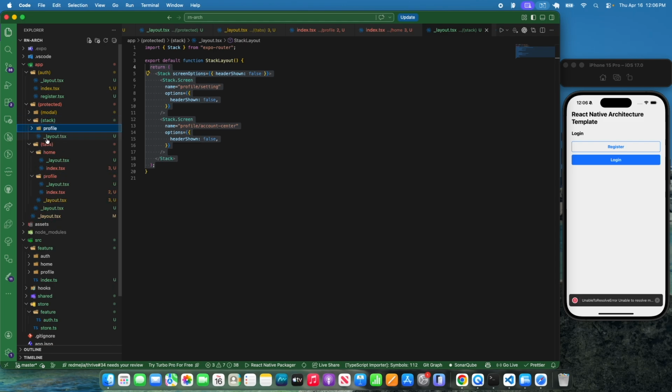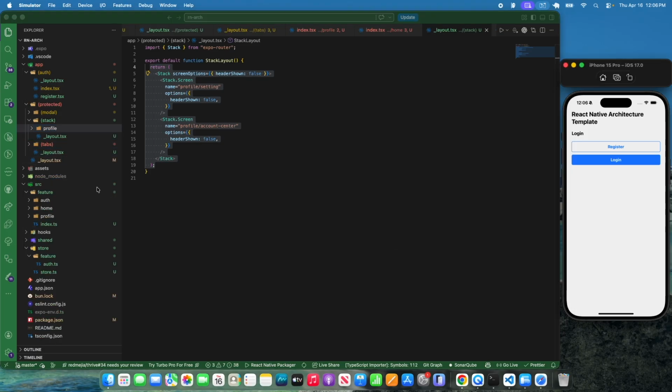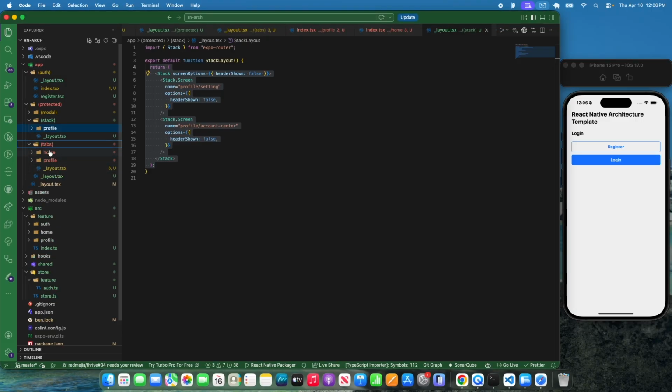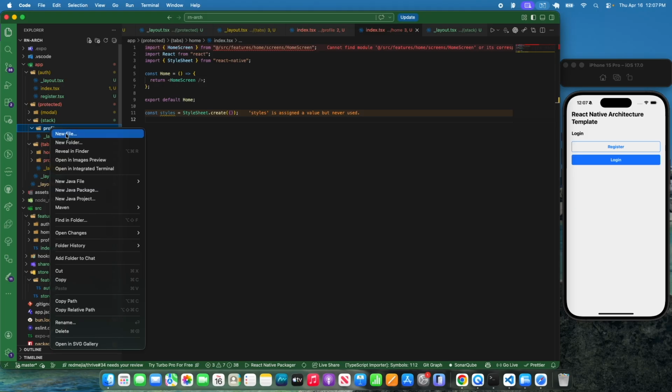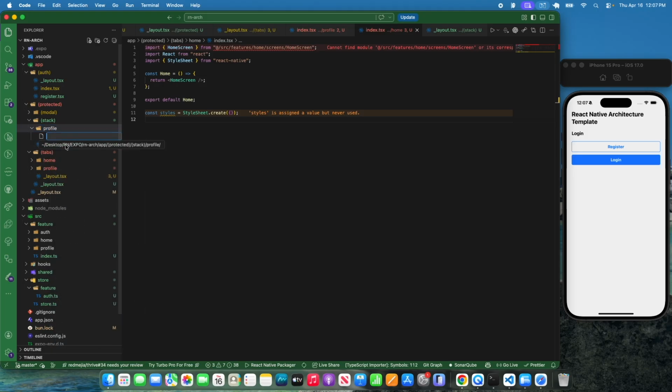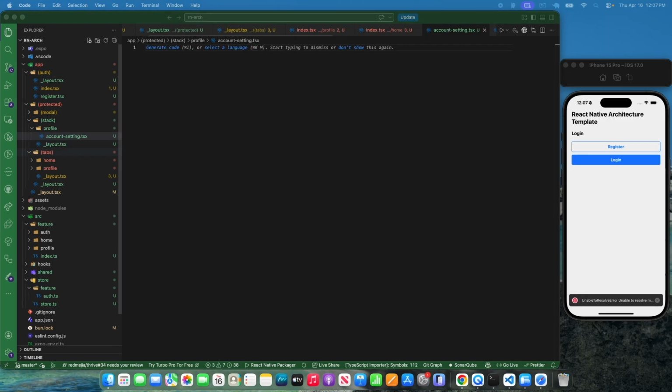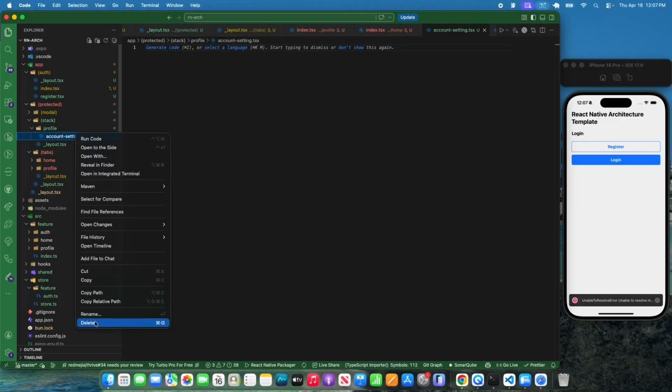And this is what I was talking about, right? The tabs, and I'll show you later why, but for now let's think this way, right? We have two screens here, two tabs, and within these two tabs, this stack profile belongs to the profile tab, right? And so let's continue, and then in here I'm just gonna create account setting, just to give you an example, and then I'm just gonna copy that too, or not setting but account center,